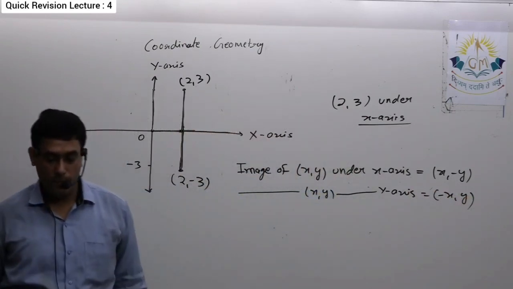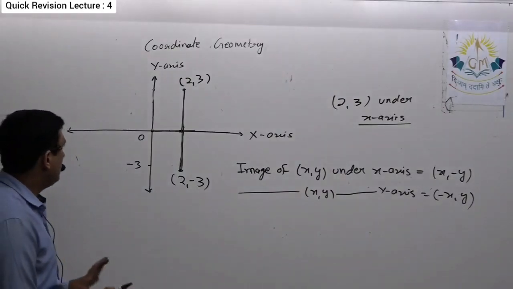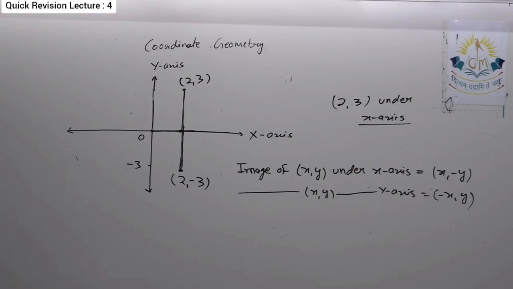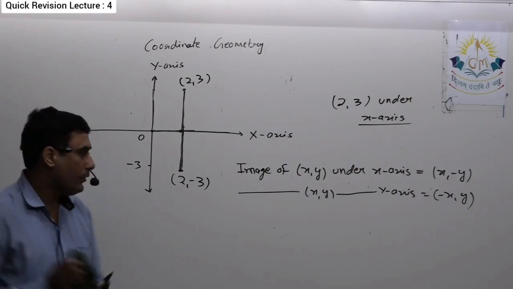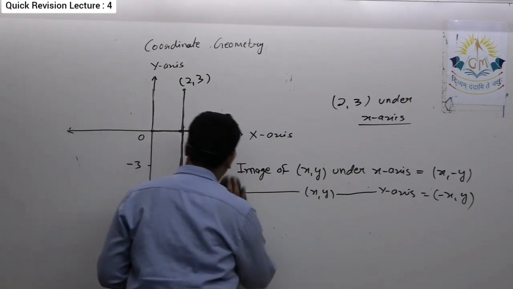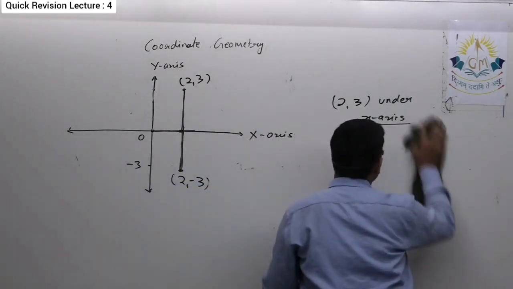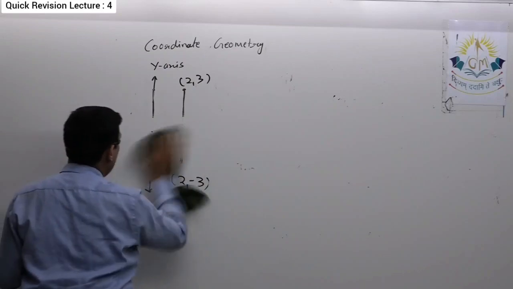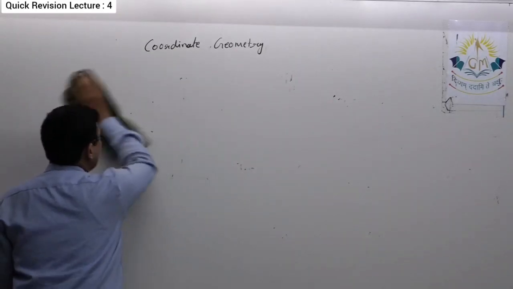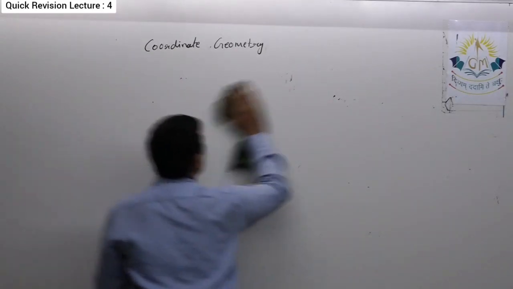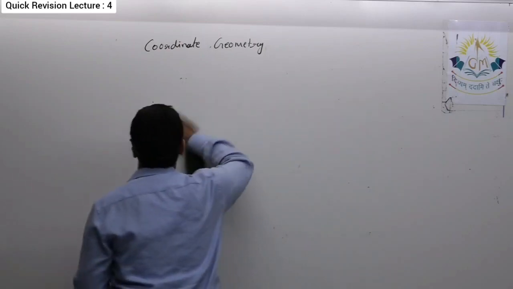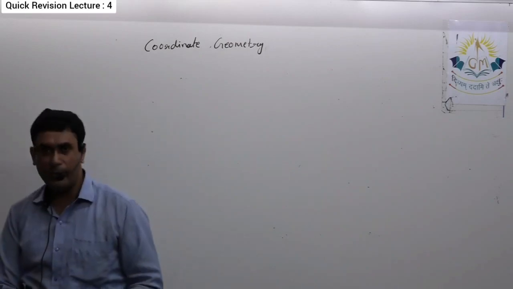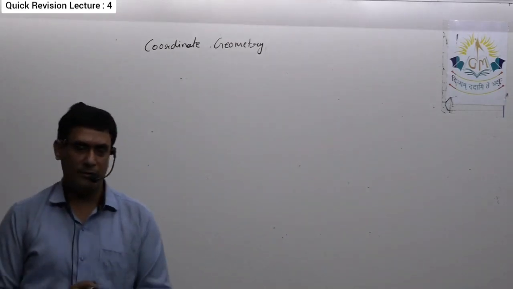So this is all about the chapter, that is coordinate geometry. Now next we will see Euclid geometry. There is nothing much in Euclid geometry. Everything is related to the theory only. So for that we'll discuss just one or two things, and the remaining you will get in the form of a PDF. You have to just go through that PDF, MCQs will be there, and that will be sufficient.